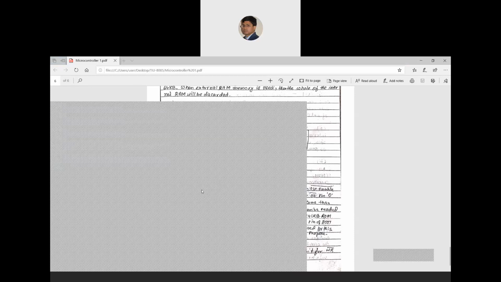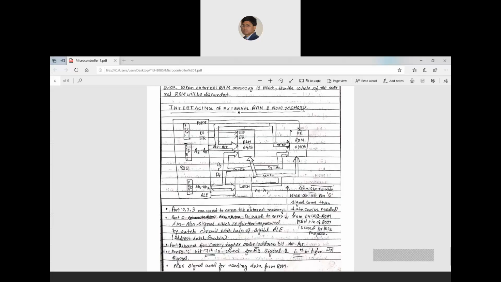So the thing is, in this interface we can see how the microcontroller is communicating with external ROM or RAM. Now you can also see that I have written here port 0 for AD0 to AD7. This is correct, because port 0 is AD0 to AD7. I have written port 2 for A8 to A15. This is also correct, because port 2 is dedicated for A8 to A15.